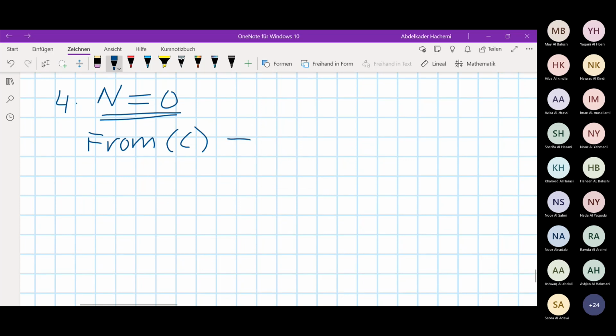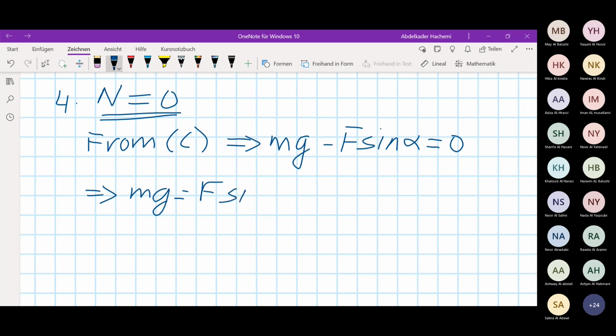Then we get mg minus F sine alpha equal to 0. Then mg will be equal to F sine alpha, and if we replace sine alpha and F, then we get m